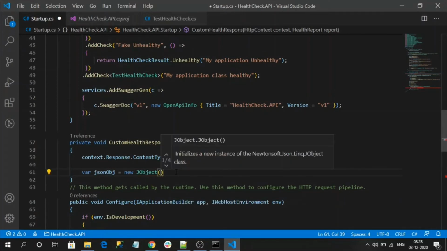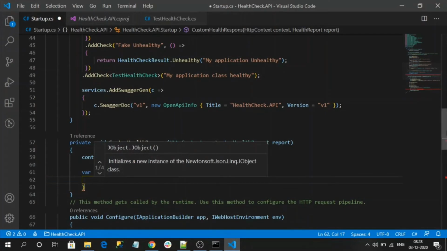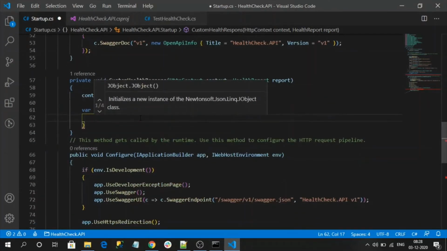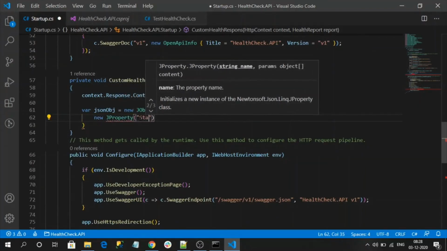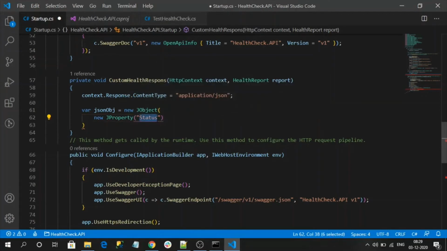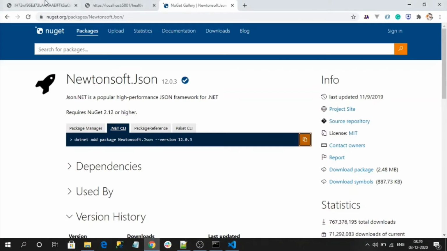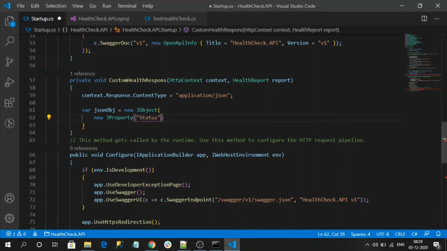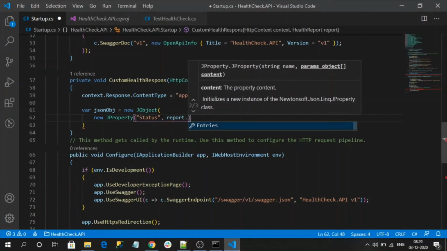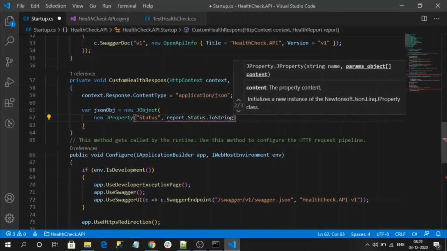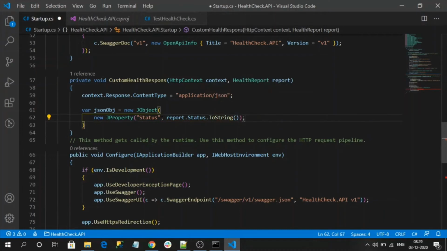Now for this top-level JObject, let me create a property, a JProperty. Name it as status. For this, I want to show the value of my overall application status. For that, I am going to use report.Status.ToString. Let's define it step by step.